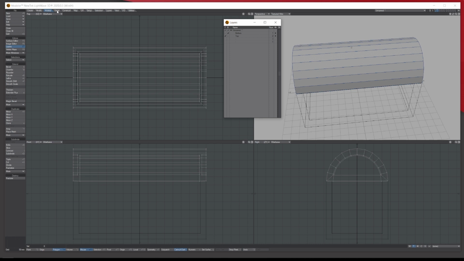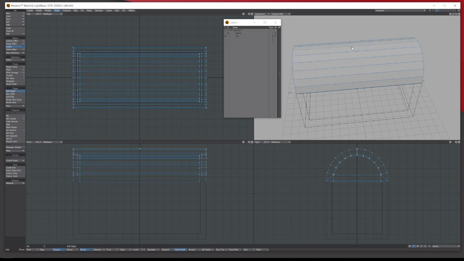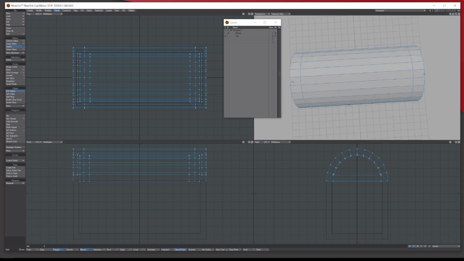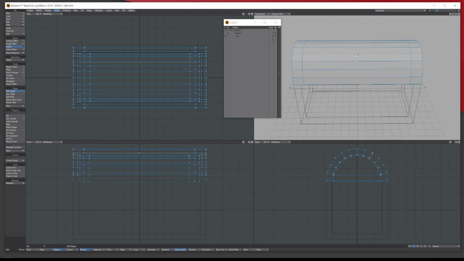So to do that, we go to detail, edit edges, and you get this. So what I'm going to do is right mouse click and pull over and make an edge around here, so it's quite a chunky edge, and then do another one, and roughly we're putting it around the sides. I'm not doing it dead on. You can if you want, with numerical.